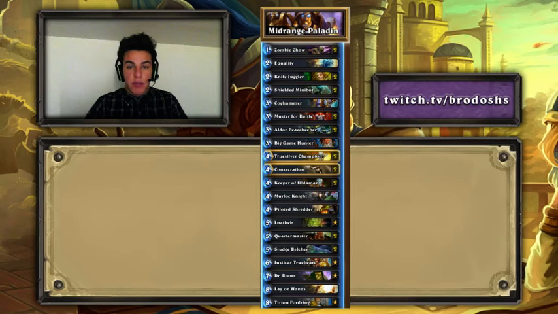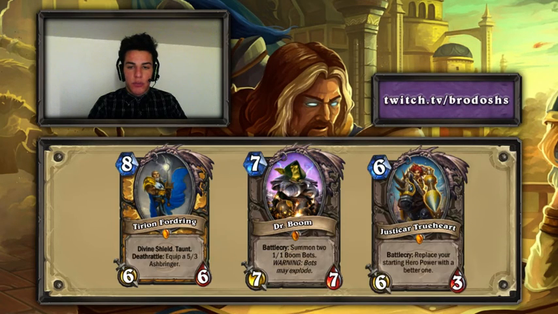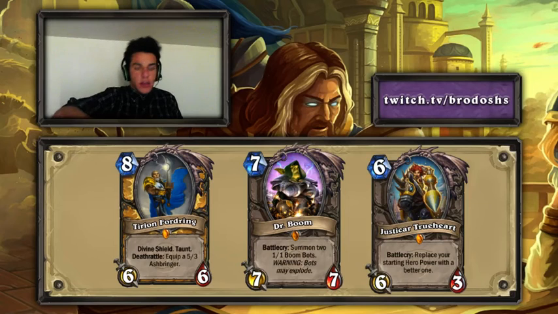We don't have Blessing of Kings anymore, but we have two copies of Consecrate, and two copies of Truesilver still in. But double Keeper of Uldaman, you know, this is something from League of Explorers. And then Naxxramas stuff with Loatheb, double Belcher, and a second Quartermaster, and cards like Tirion, Dr. Boom, Justicar, you know, look at this. All of them are so good, but Tirion is expert packs, Dr. Boom is GvG, and Justicar is